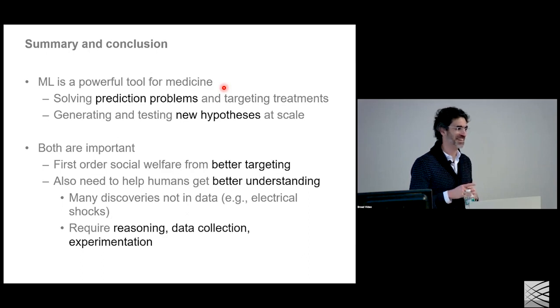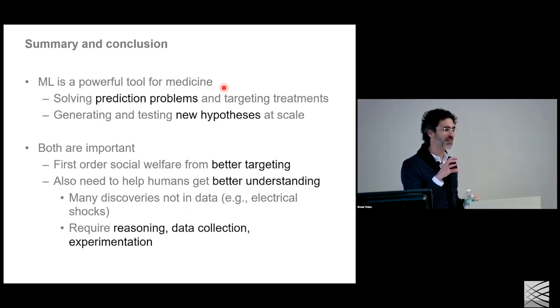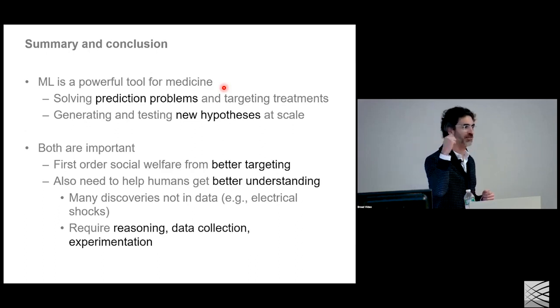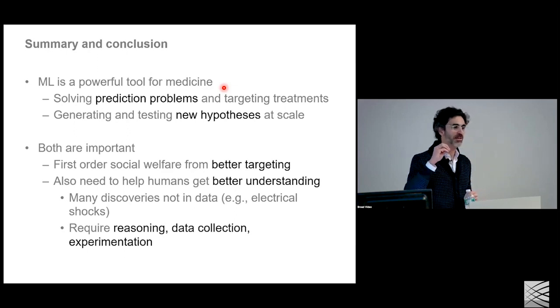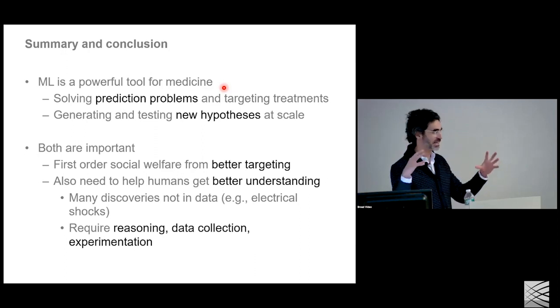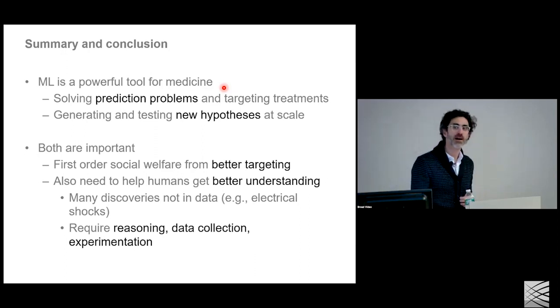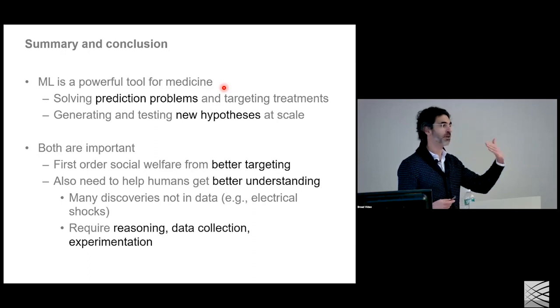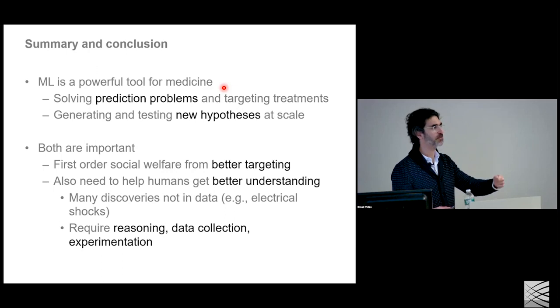That is not in the data set. So that required understanding, like some mental model of what was going on. It required understanding electricity, which is definitely not in it. So helping humans get better understanding of these problems is also a really important goal, not for solving the thing in front of us, but for solving a bunch of other things that we can't even imagine now, that require reasoning and more data collection and experiment, like collecting new experimental data where you perturb something in the world